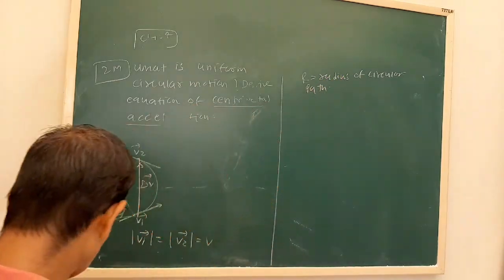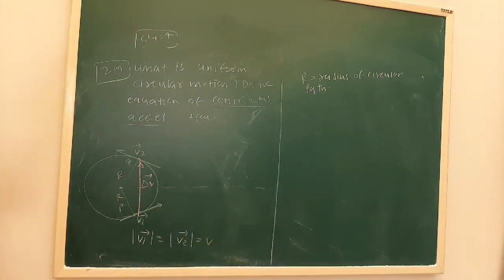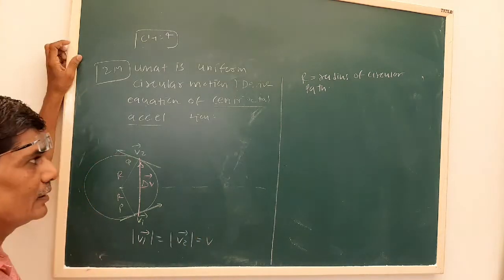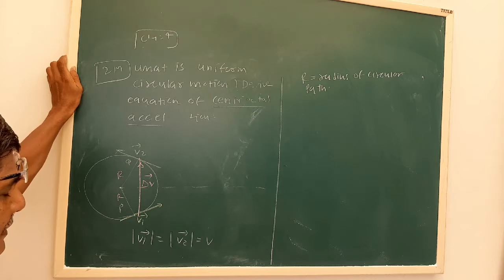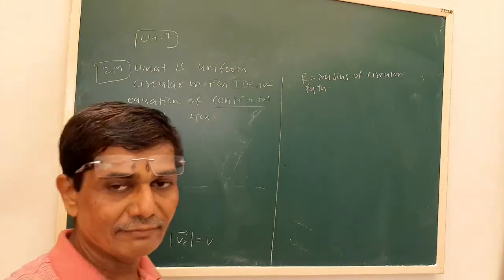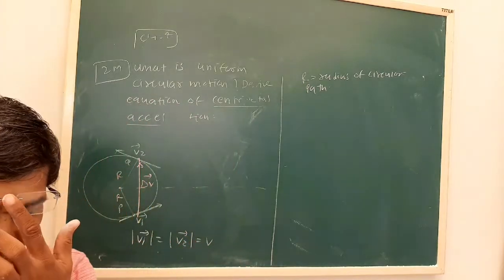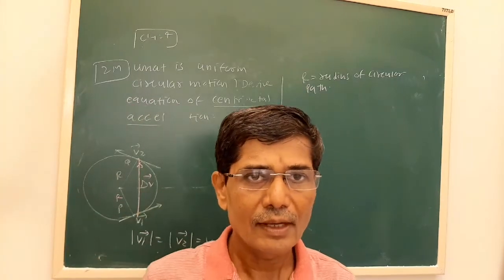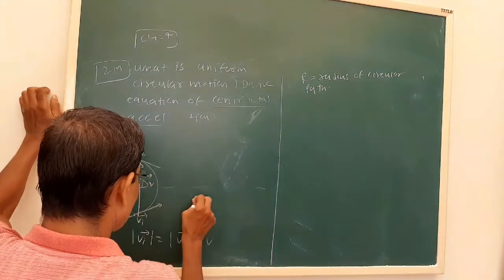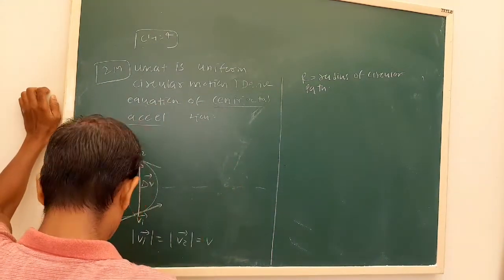Okay, and v1 and v2 are the speeds. Now see, we have to use the triangle law for vector addition. As I discussed earlier in the beginning of the lesson, a vector has an important advantage: we can shift its position while keeping its magnitude and direction unchanged. So this V1, I am showing like this.